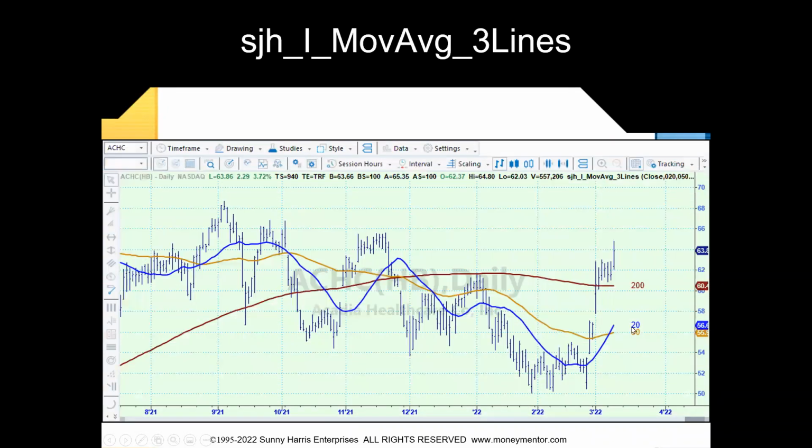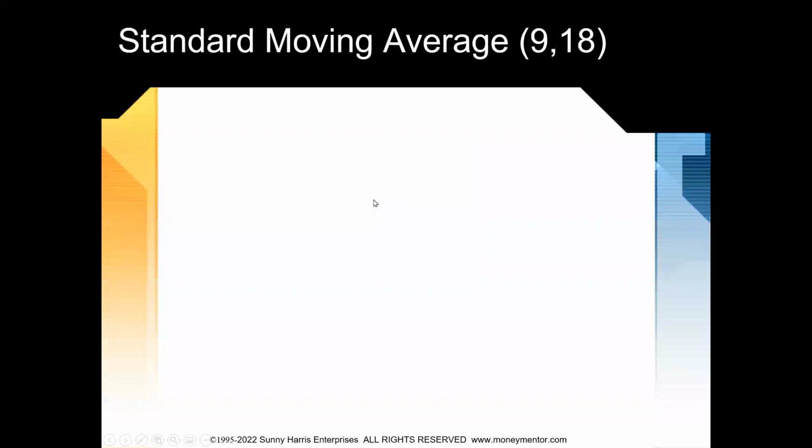So here are the 3 lines, the 200, 50, and 20-day moving averages, and they're labeled for ease of reading. And you see, sure enough, as of last night, it was above all 3 moving averages. And that's why it comes up true in the scan. And if you want that scan, by the way, that's available for free too. I'll be happy to set it up for you if you want to give me a call. My number's at the end.